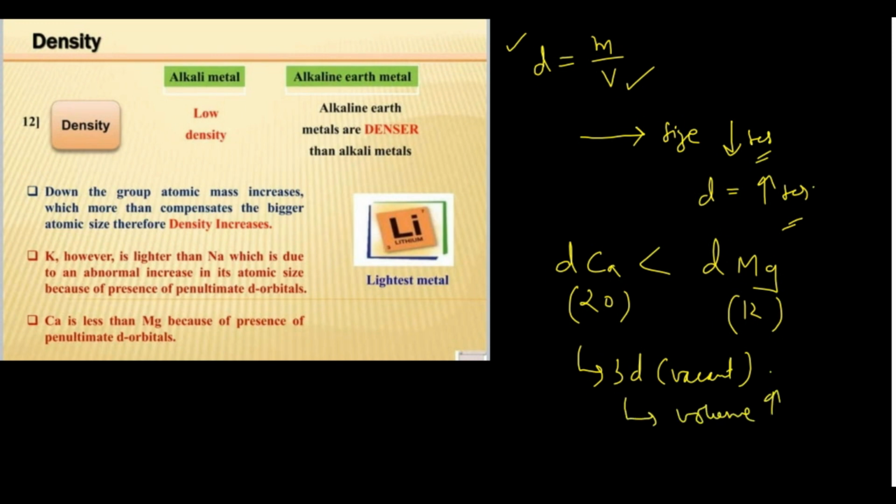Volume increases. When volume increases, definitely density decreases. That's why calcium has a lower density than magnesium. This was quite simple. Now moving to the next thing,